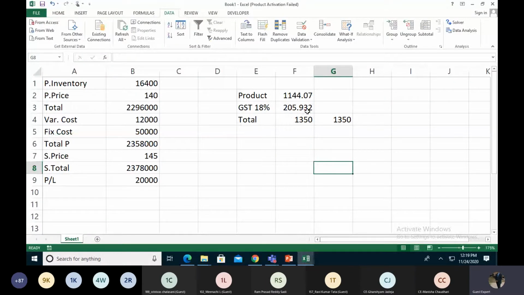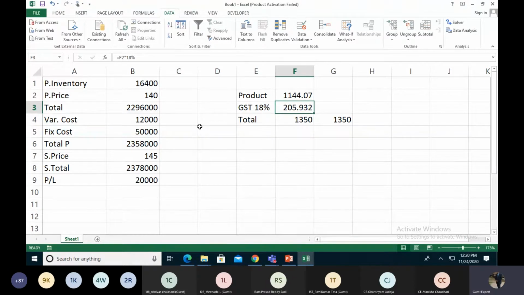So right now this is a reverse calculation. If we need a value of 1350, so obviously the GST is going to be 80. We can separate the GST value from the base value, but we are using the Goal Seek, so we do the reverse calculations. Mainly we are using the Goal Seek.